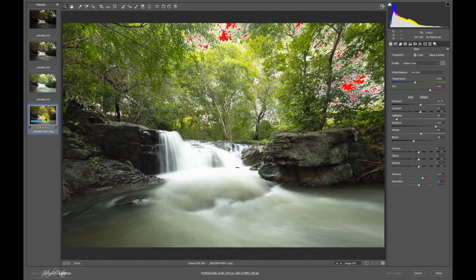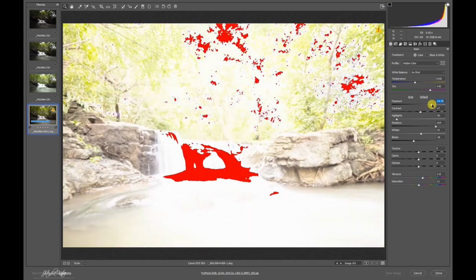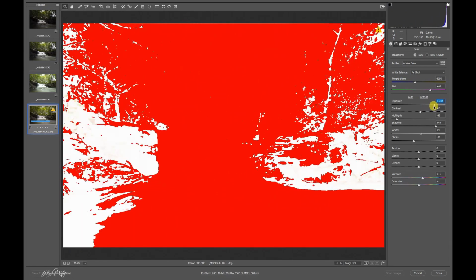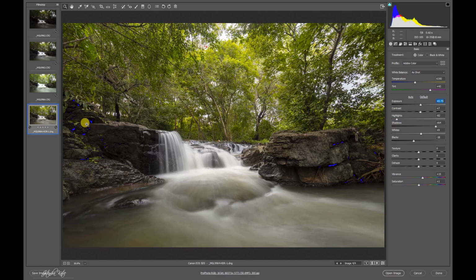So here is the DNG image, combination of all these 3, and I want to show you something here again. Now if I move the slider to the right, it can go up to 10 stops. Earlier it used to go only for 5 stops. This is because this DNG image here is now 32-bit image. So you have got a lot of space to work with. So the dark areas are showing blue color here, that indicates that there are no details left. So I will shift this black slider to the right.